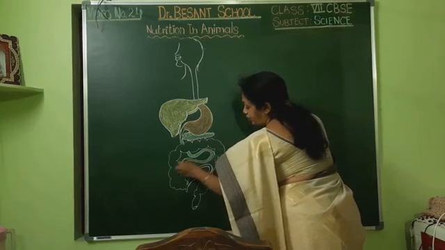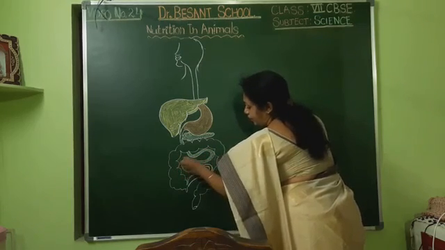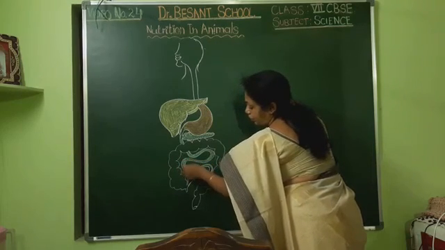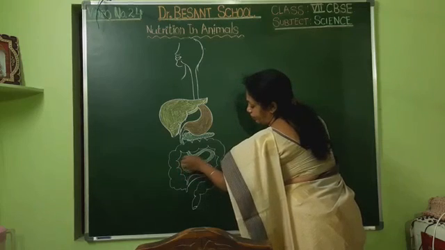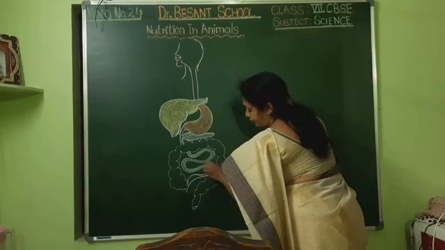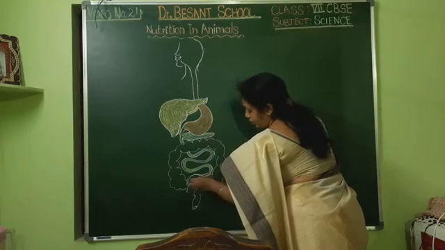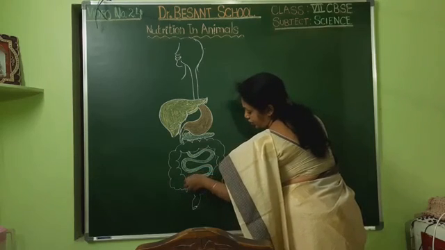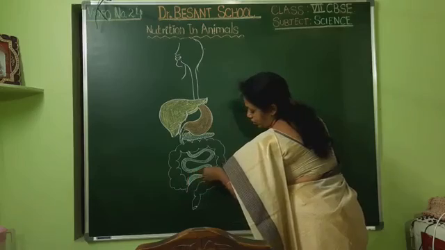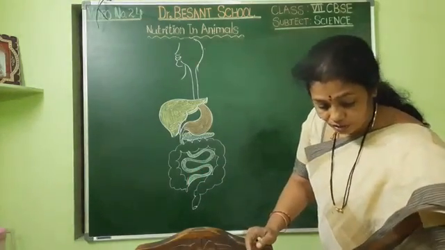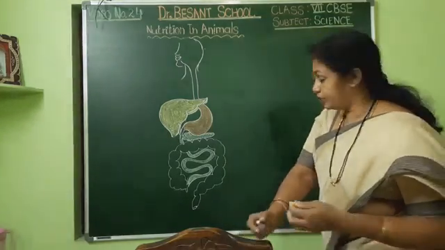See, in our body, the digestive system is approximately 9 meters long. Imagine how long is 9 meters. Just take the tape from your mother and measure. 12 inches will be 1 foot, no? So it will be, okay. Like this I have shown the small intestine. Okay, child. Now I shall draw the large intestine.